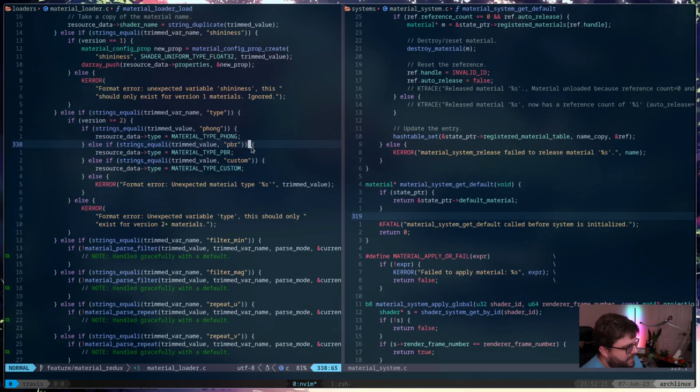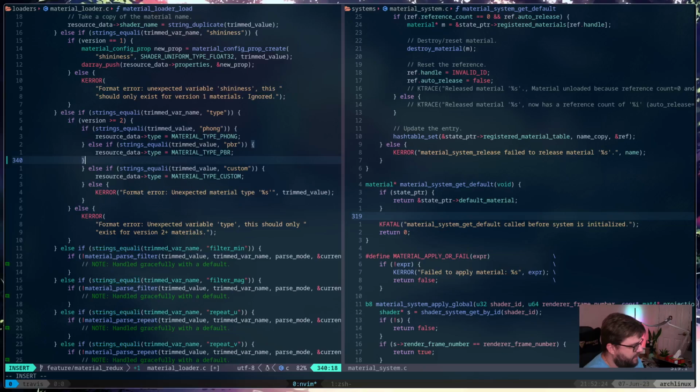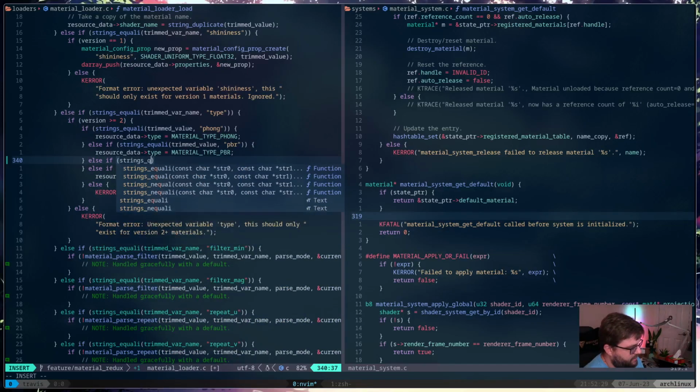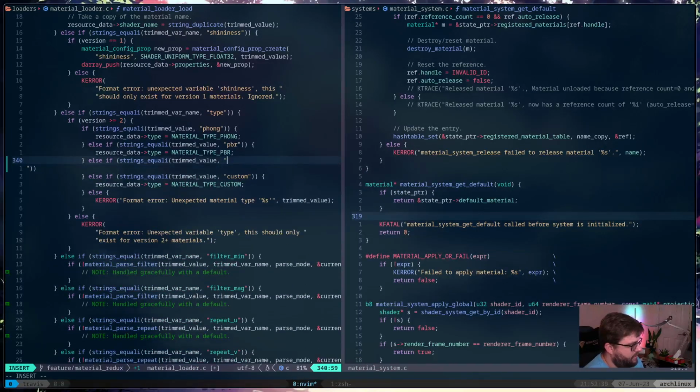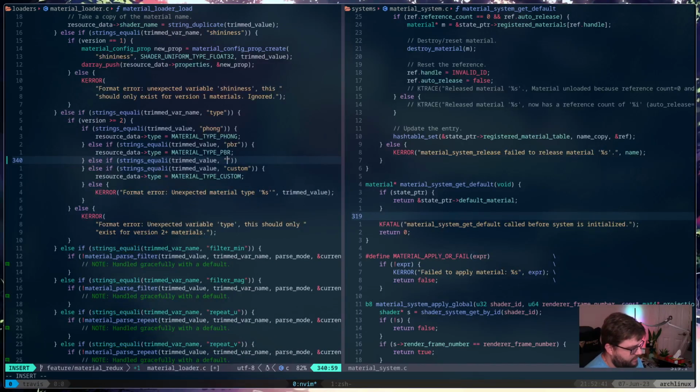All right. Well, let's add our condition here first. So we'll say else if strings equal I, trimmed value, and we'll just change this to UI.